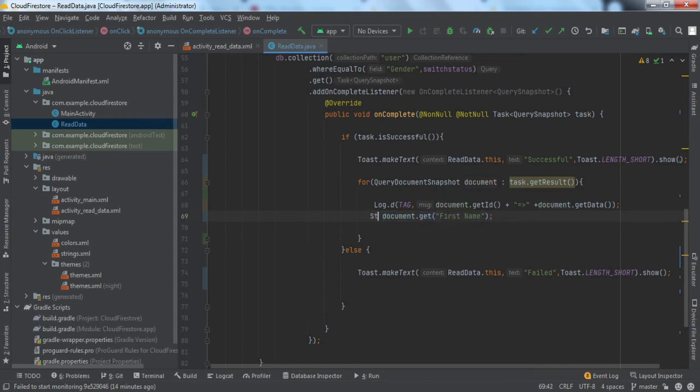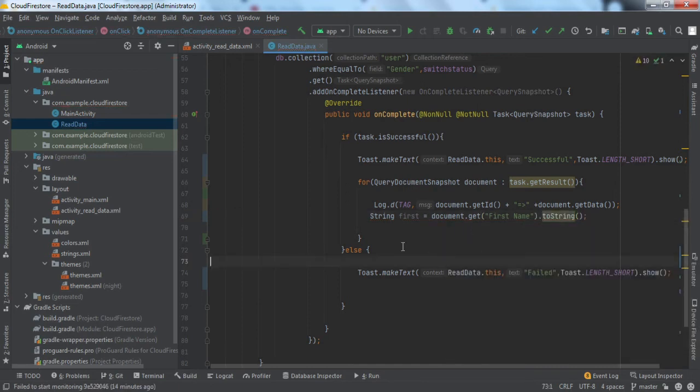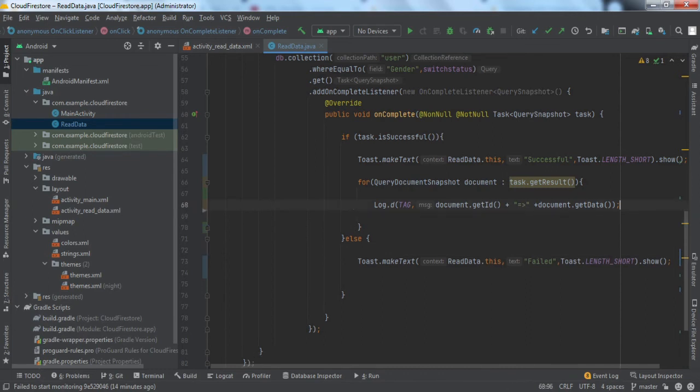So I have to do String first is equal to document.get. This will give us the first name. We have got it as an object, so we'll convert it to a string, but in this case we'll not do that. That is a simple thing, I've just explained it.